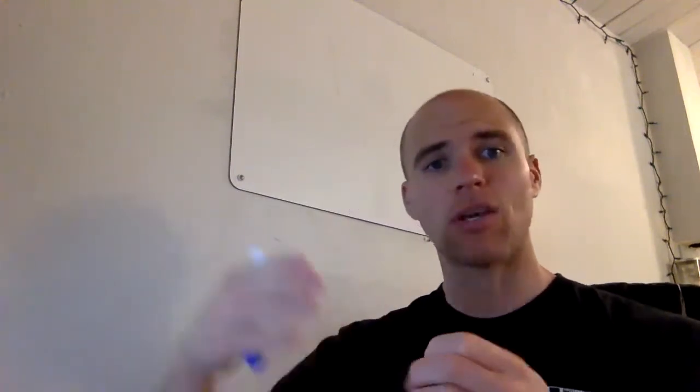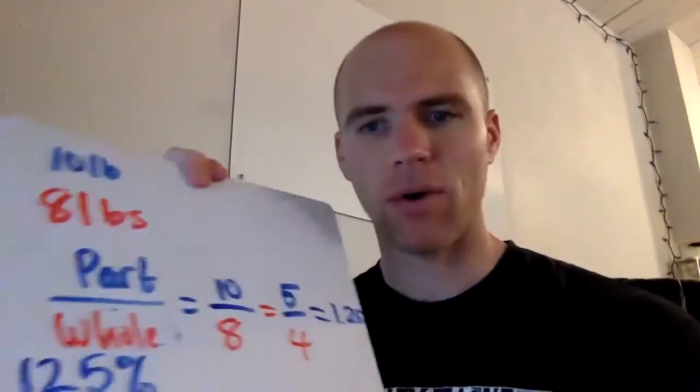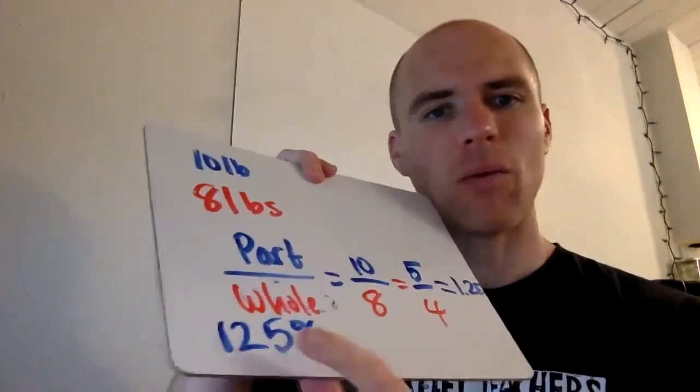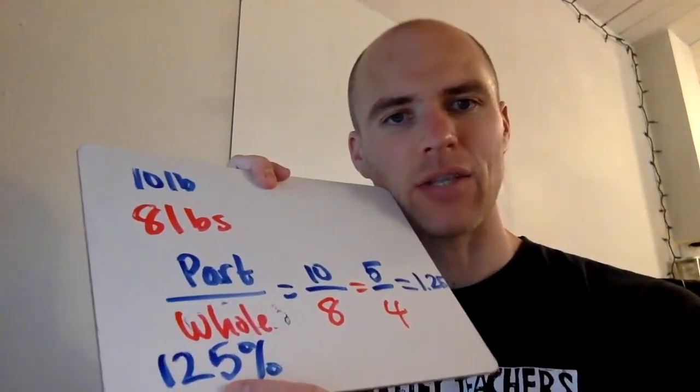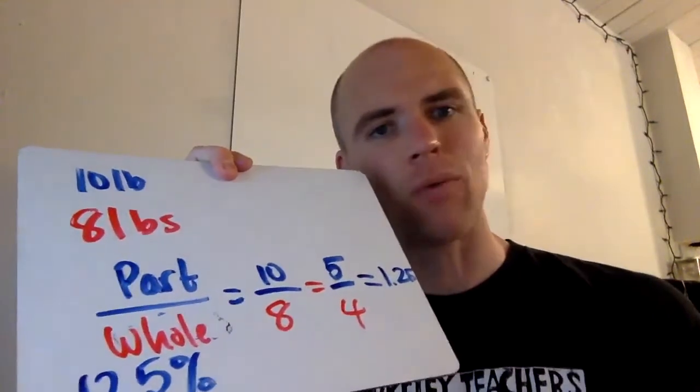When you say something is 100% heavier, you're saying it's like having a whole extra thing, or in other words, it's double. So this isn't quite yet the answer I want. What I have to do is take away 100% of this, right? That way I only have the extra amount, the amount by which the 10-pound weight is heavier than the 8-pound weight. So I'm going to subtract 100% from this, and I get